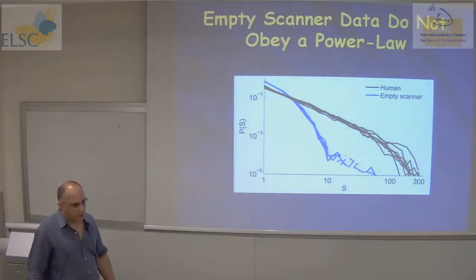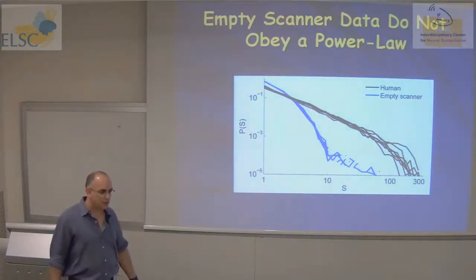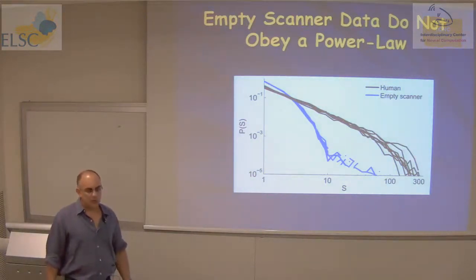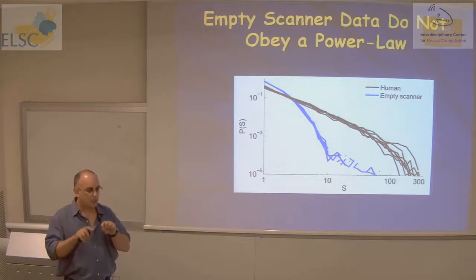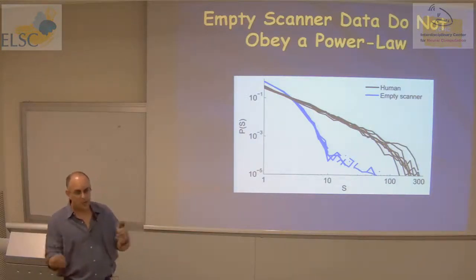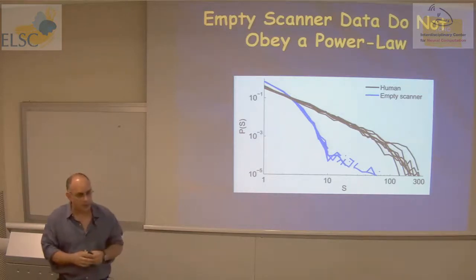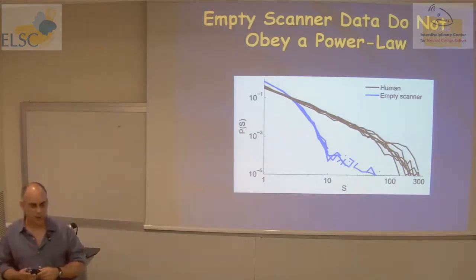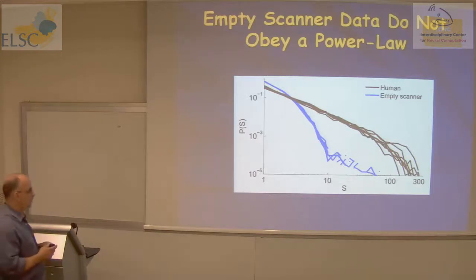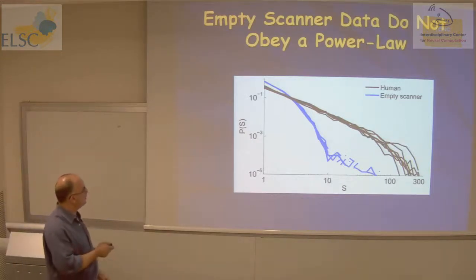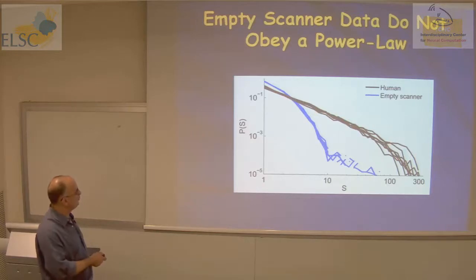it sounds kind of trivial, but try to see what happens when there is no human in the MEG machine. It's not so trivial, because the MEG sensors have some correlations. They sometimes detect events that happen in the void. I don't know what that is, but they detect some electromagnetic events, and they have correlations, even in an empty scanner. And here, at least, we see that this behaves more like an exponential for the avalanche analysis. I just chose randomly 8 data sets of humans, and I overplot them here, and the blue are the empty scanner data sets.